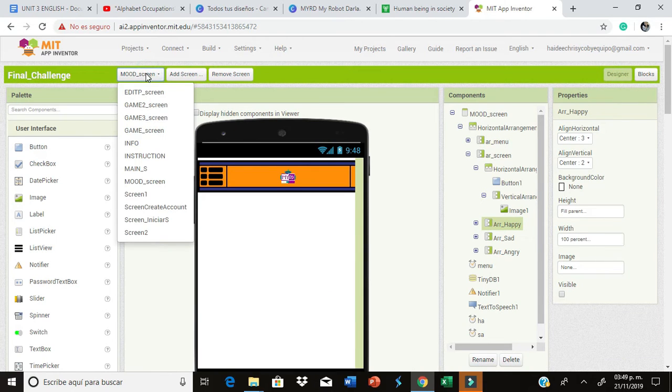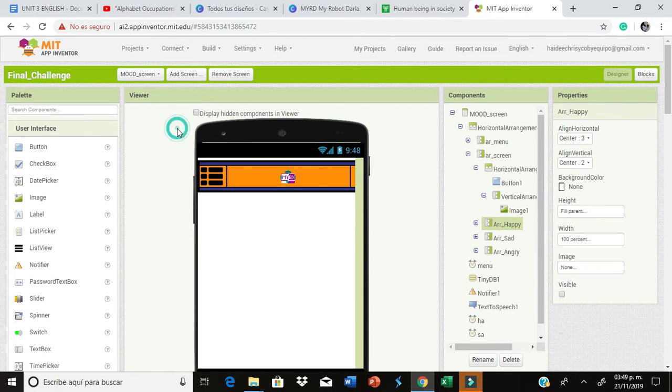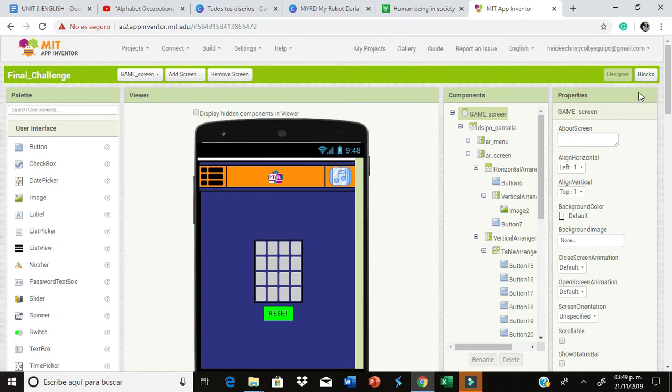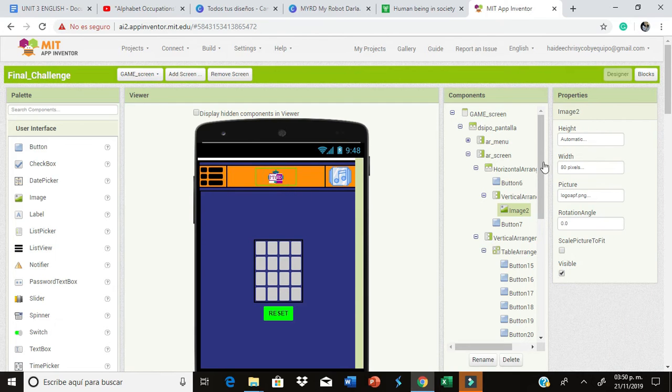Let's start explaining our first game, which is a memorama. Here we have the memorama that will allow you to reset the game. And the part of the music, if you click on it, an arrangement will appear where you have three different songs, and you can stop or play it anytime you want, and you can also change the volume. Here is the button and our logo. And for the blackboard,